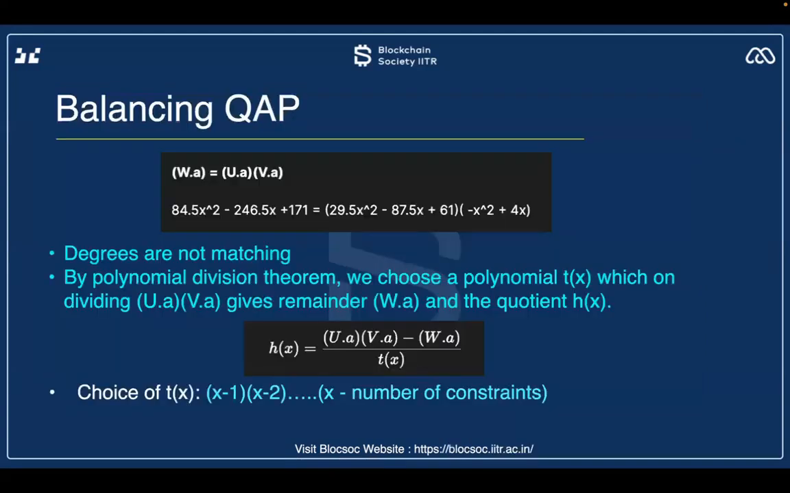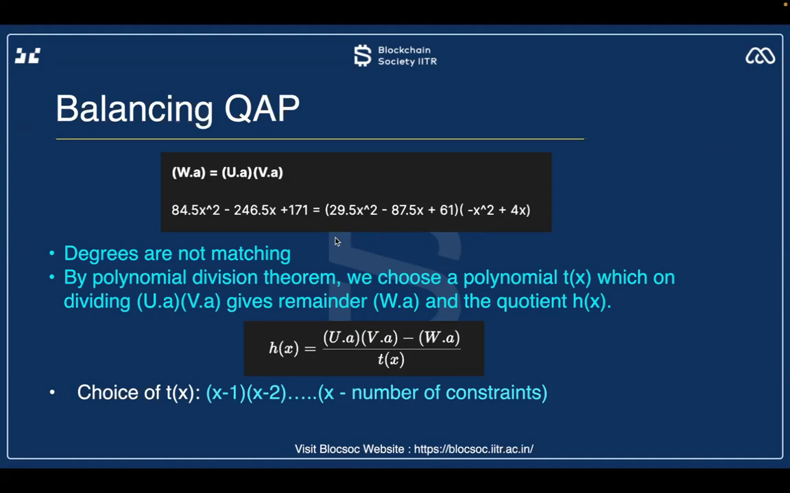So now we got this polynomial A, B, and C, which is also WA, UA, and VA. And you can see that they are not balancing. Like the degree of the polynomial on the right hand side is 4, and the degree on the left hand side is 2. Although on the values of x equal to 1, 2, 3, which means the constraint numbers,